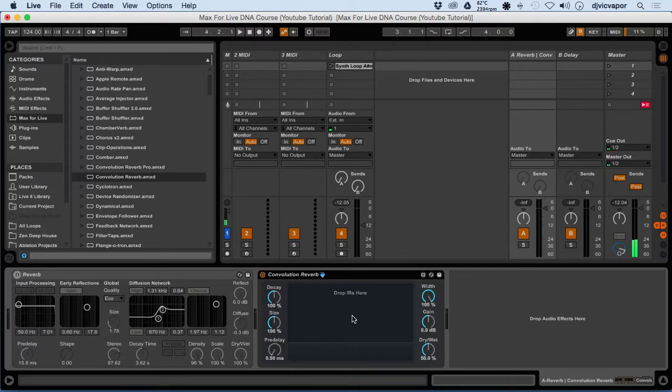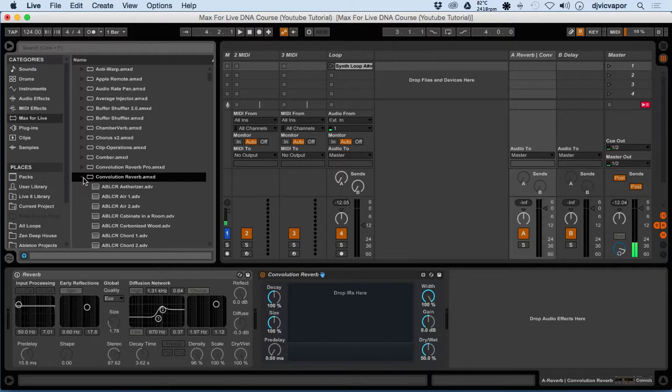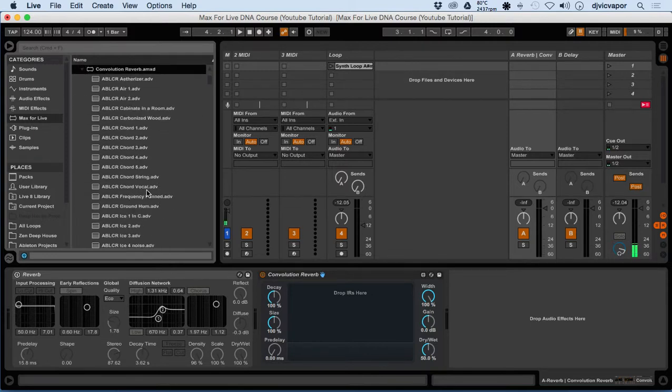So for instance, if I go over here and click on the triangle next to convolution reverb, we've got a number of choices here, and these are all sounds that are from actual spaces as opposed to manufacturing that sound. They actually come right from there. So let's take a look at, say, something like